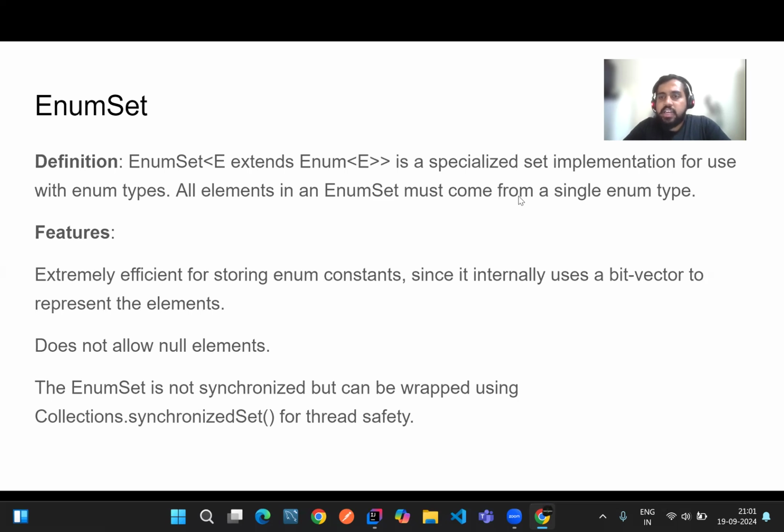whenever we are adding data to this type of collection, it will only consider those values which we already defined. I'll show you an example so that you will understand much better. With an EnumSet, all elements must come from a single enum type. That enum type we have to define. What is a feature? It's extremely efficient for storing enum constants, as I already told, and